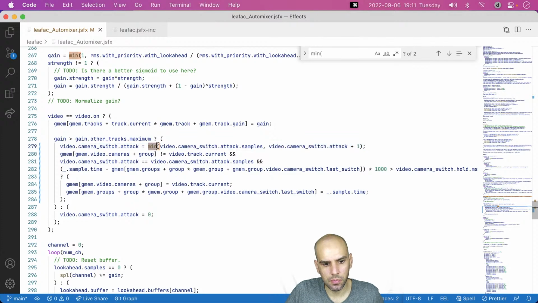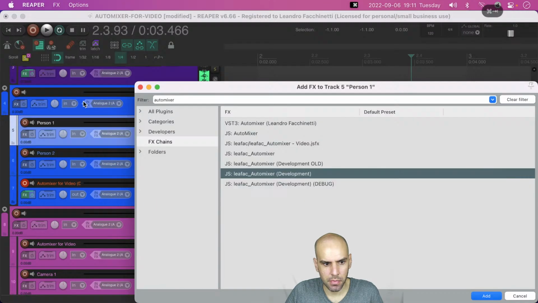So this form doesn't read as well, but whatever. Then I check if I am not the current camera and enough time has passed in terms of attack, and enough time has passed in terms of hold, then do the camera switch, which looks like this. Okay, I think that everything I see makes me happy.